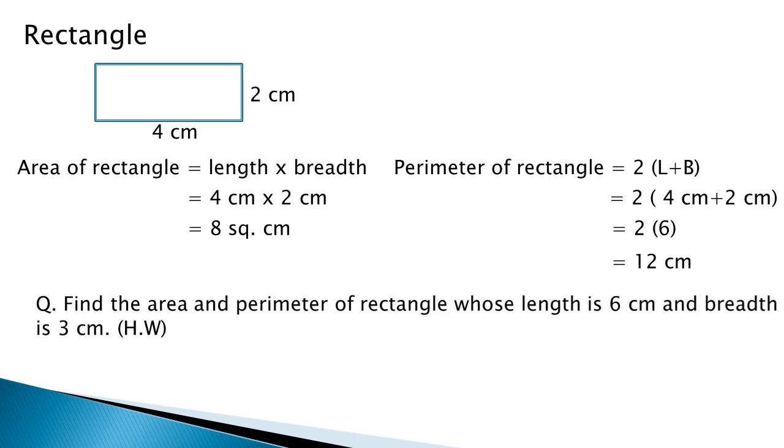Perimeter of a rectangle, and we also discussed the perimeter of a square. What we discussed: the sum of all sides. Now you can see there are 4 sides of this rectangle, and the measurements given are 2 centimeter and 4 centimeter, which means opposite sides of a rectangle are equal. So you can understand the measurement of the opposite sides of the given sides. If you simply add all the sides of this rectangle, you will get the perimeter of this rectangle.